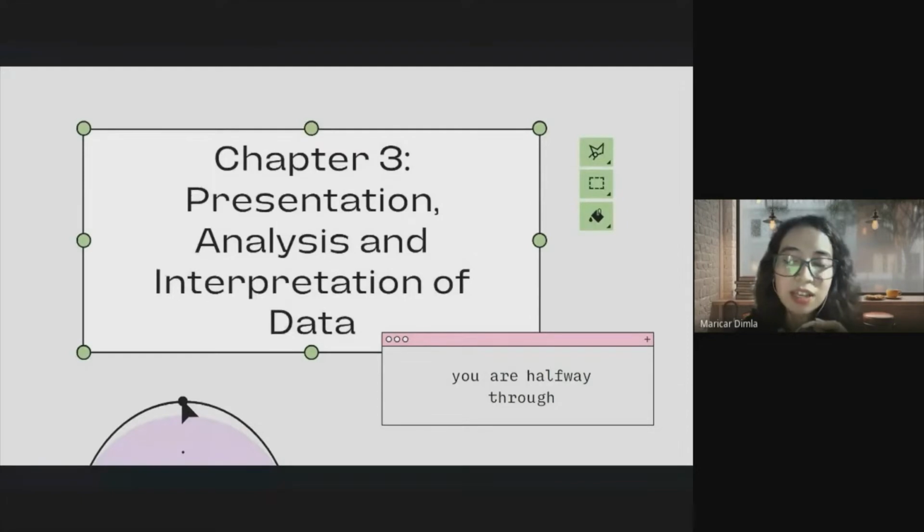Class of the Chapter 3, Presentation, Analysis, and Interpretation of Data. Congratulations, STEM 1. Yes, we are officially halfway through with the discussion. Hopefully, on paper, even if you haven't collected data yet, right? So everyone, especially the leaders and members, if you have access to your instrument, go to it, my children. Because class, for you to be able to write the chapter 3, it must be based on your instrument.